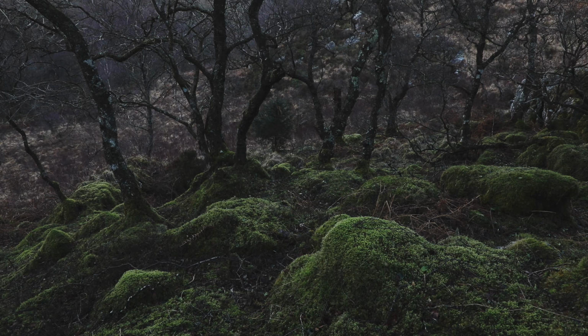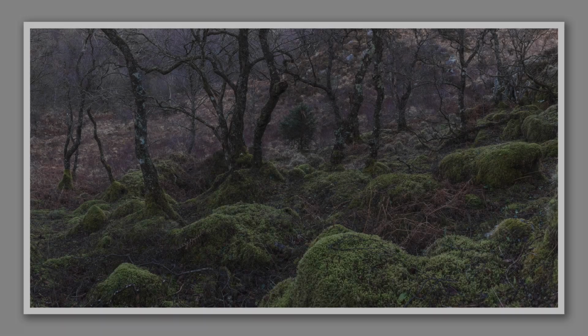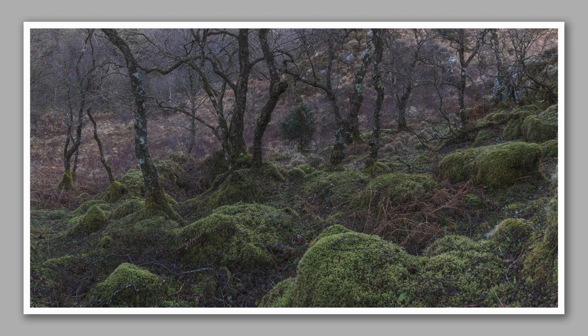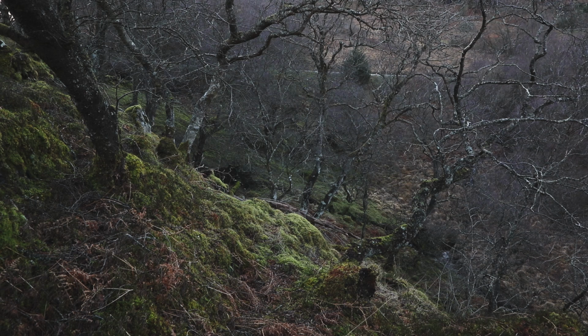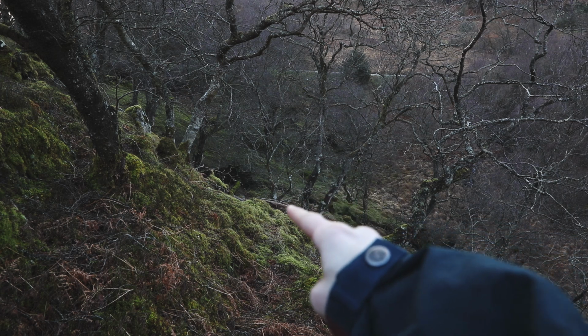So I'm going to frame up a panoramic, and I'll overlay that onto the screen now. Okay, so here's the fourth and final composition of today, which I'm a little bit sad about, because if you can see just on the deck